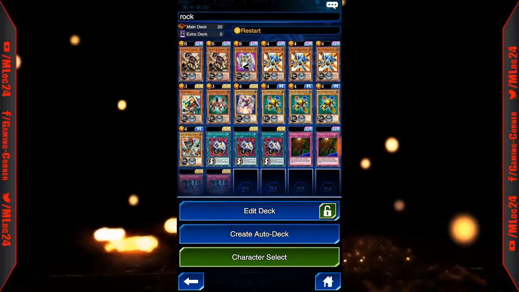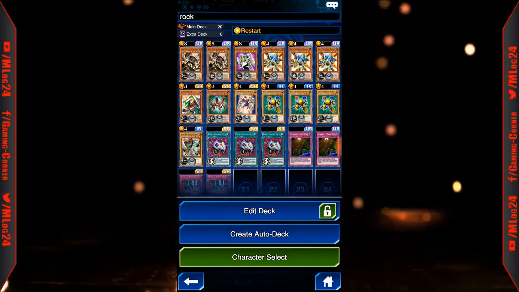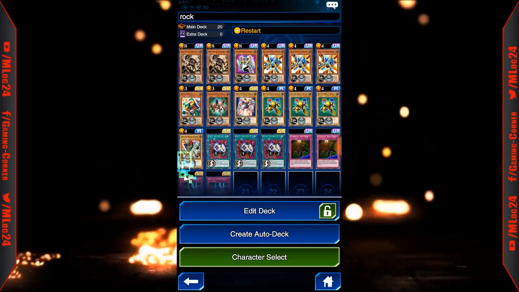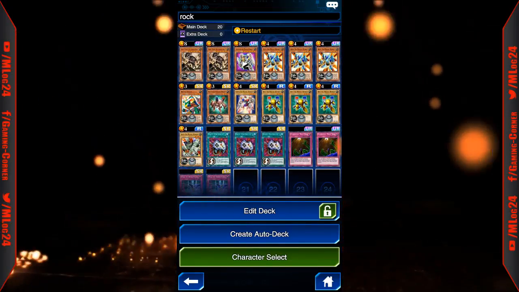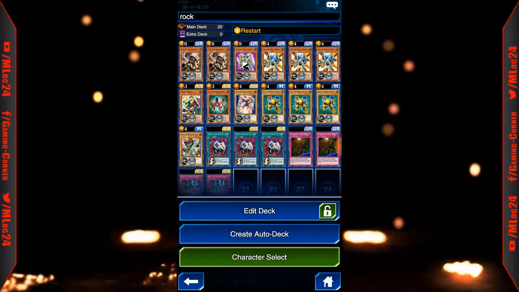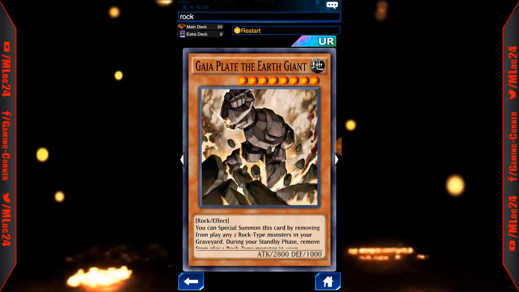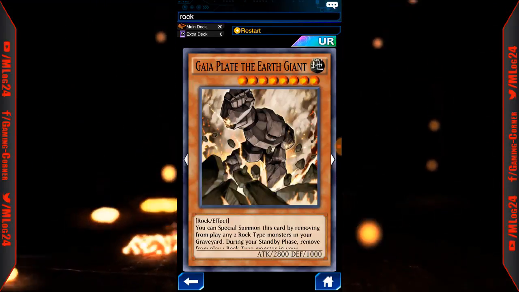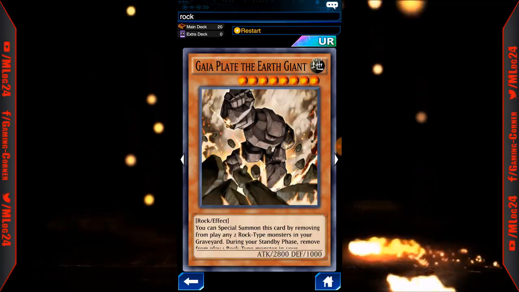Right now, even if you play against a random beatstick deck, everything runs monsters that are 1700, 1800, or 1900 attack. So this deck can't really do much of anything. The only chance you might have is to reload your graveyard a little bit faster and get this guy out. But then again, you do have to keep up with the cost, and that's to remove